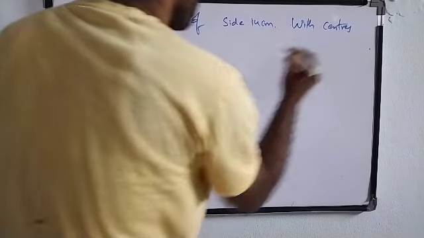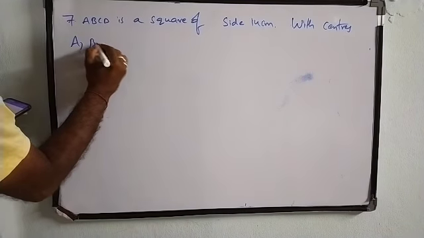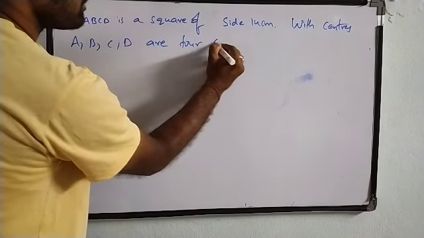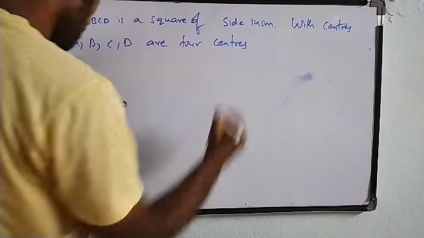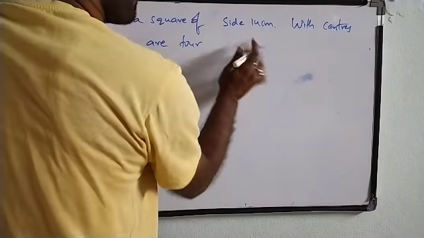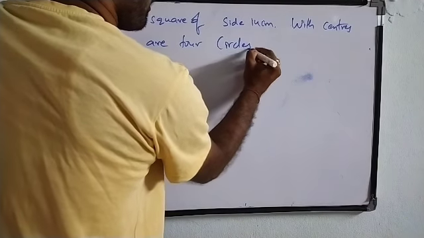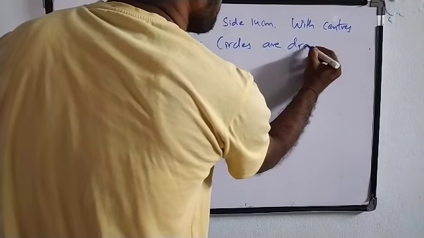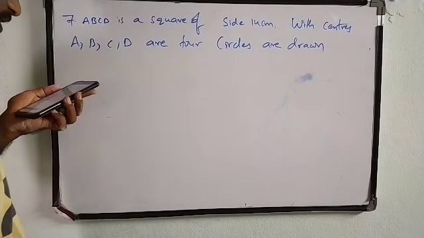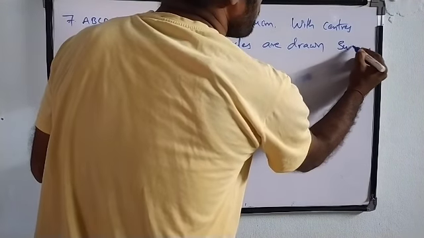So with centers A, B, C, D, four circles are drawn such that each circle touches externally